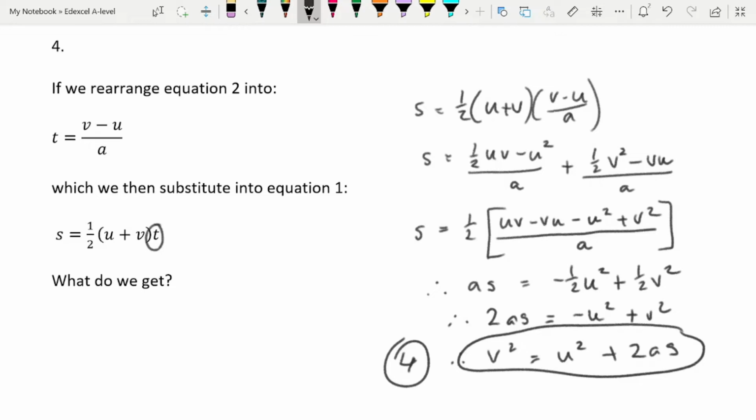And that is our 4th SUVAT equation. With these 4 equations, you should be able to solve any problem involving uniformly accelerating objects, so objects that are accelerating at a constant rate. You just have to identify, again, what you're given in the question, what you need, and then pick the appropriate